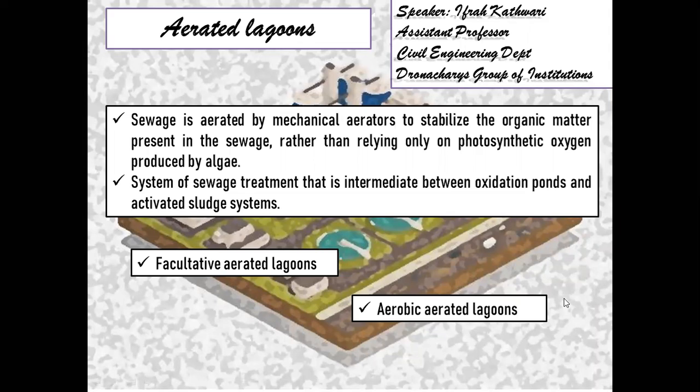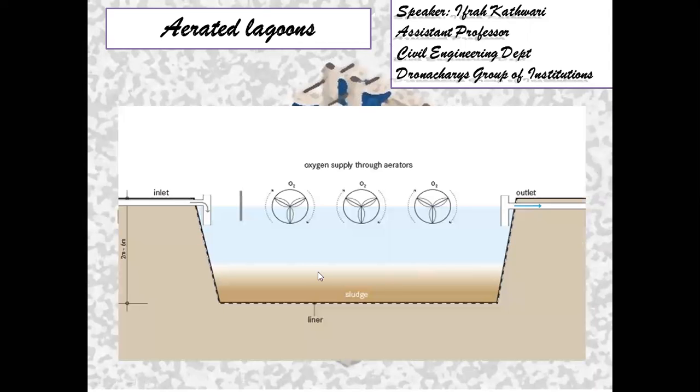Moving on, the next thing that we have is the picture. Here we have the aerated lagoons, wherein we have these mechanical aerators, or we can say compressed air comes from these mechanical aerators. With their help there is a continuous supply of oxygen into the water, and a continuous mixing of water with the microorganisms. This is the inlet of the aerated lagoons, this is the continuous supply through these aerators, and this is the outlet.